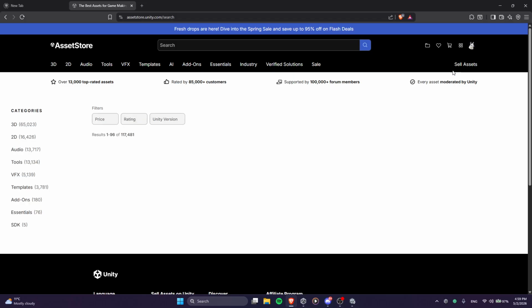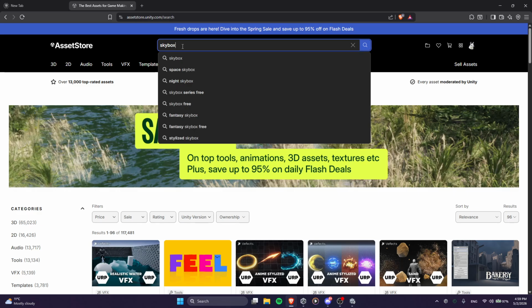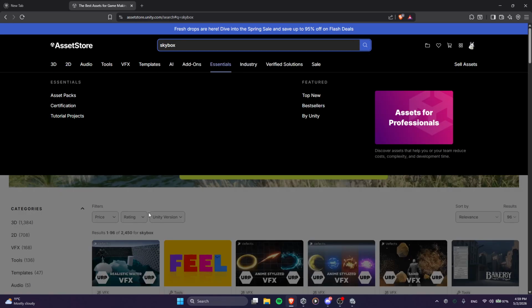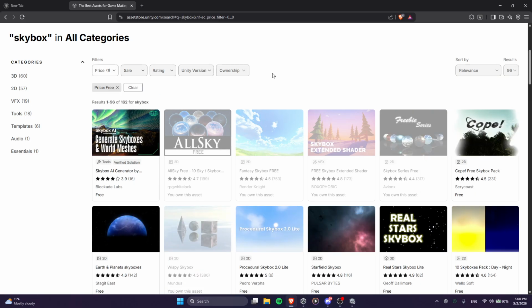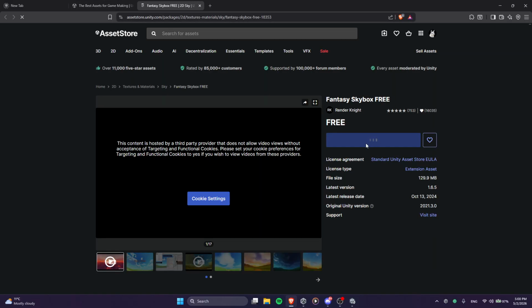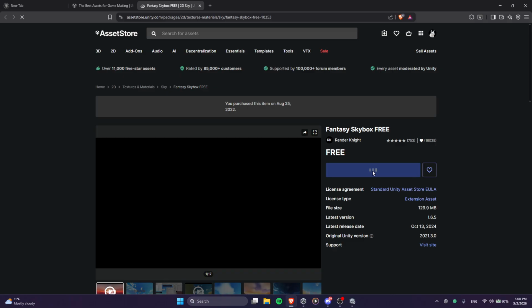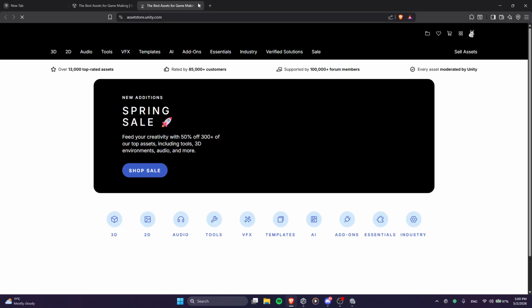You go here, you log in, and then you have to search for Skybox. And you can change the price to free. And these are the options. Let's say I want this one here. You just add it to assets here. You click this button, and then you can open it. Wait,